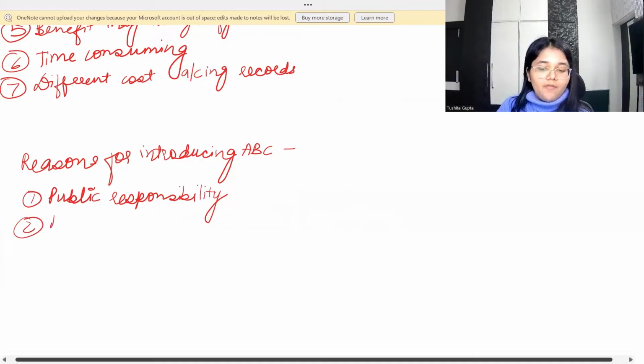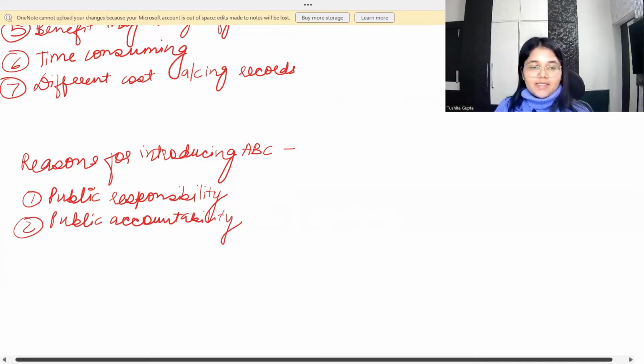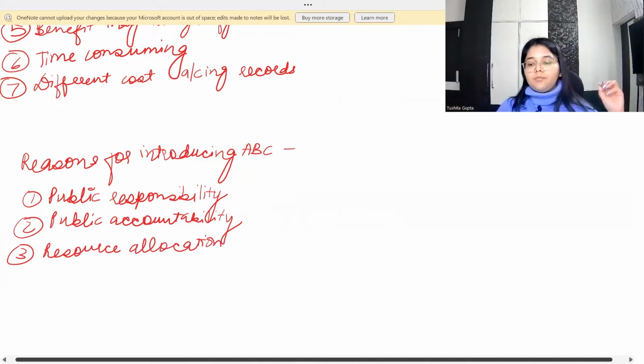Then the next thing that we have is also public accountability. What do we mean by accountability? That the money that the taxpayers are giving to the government should be spent wisely. So basically, in a public sector, you have public responsibility, public accountability, and then you have resource allocation with organizations. So basically, you should ensure that the distribution of your scarce resources is more equitable. Not just the rich people are getting richer, the poor people should also be getting the benefits of the development